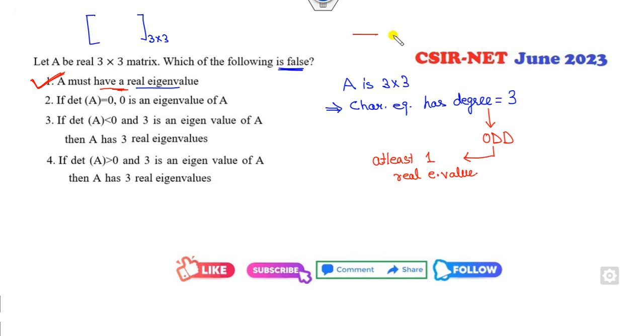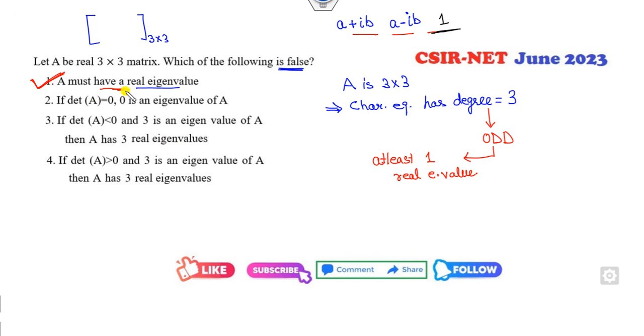Also, you can see if you have 3 eigenvalues, say one eigenvalue is a plus iota b. Complex eigenvalues always occur in pairs, so then a minus iota b is also an eigenvalue. If I consider the third eigenvalue alpha plus iota beta, then alpha minus iota beta must also be an eigenvalue, but it is only a 3 cross 3 matrix. That means it has at most 2 complex eigenvalues and at least 1 real eigenvalue. So the first option is the correct option.